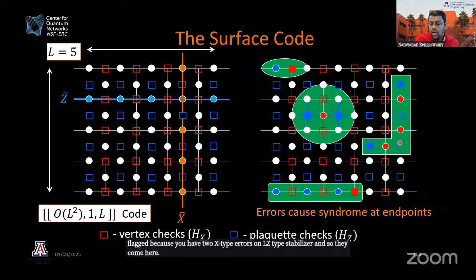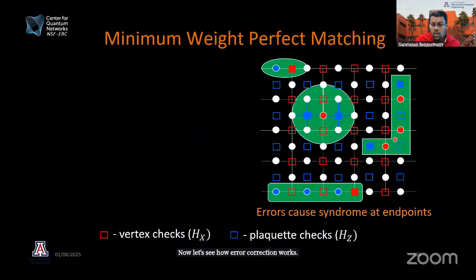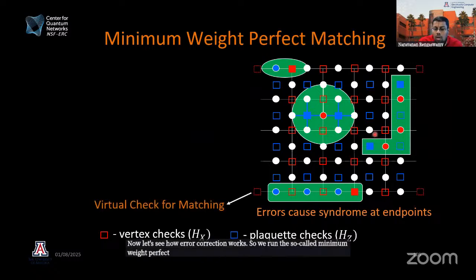Now let's see how error correction works. We run the so-called minimum weight perfect matching algorithm. The way it works is first it introduces these virtual checks for doing matching on a graph. Now we are going to form a new graph. So this is the code graph. Now let's look at